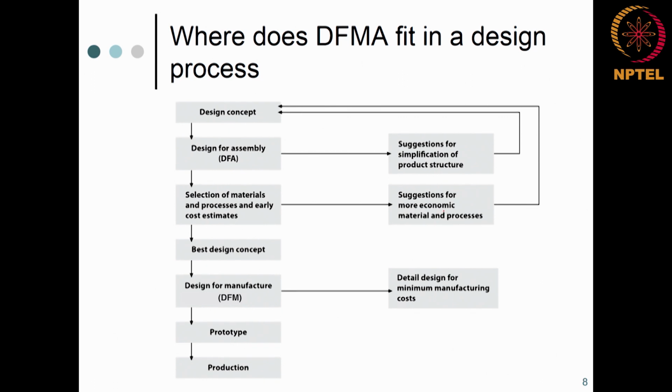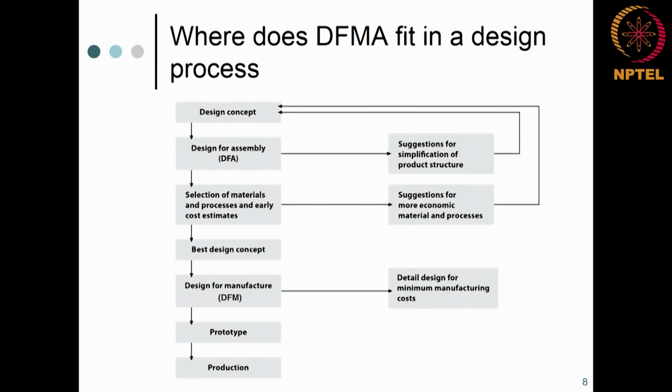Okay. Then of course I can do cost estimates and all that. Then I look for a more economic material process. It's a combination of both material and assembly here. And sometimes that also includes manufacturability. You cannot machine some hard metals. It is good from an assembly perspective, it is going to be good from a performance perspective, but from a manufacturing perspective, you don't want to use those. So then you will have to go back and change your concept accordingly.